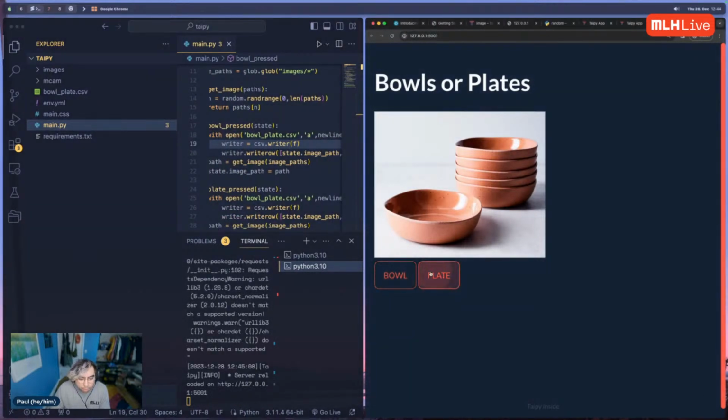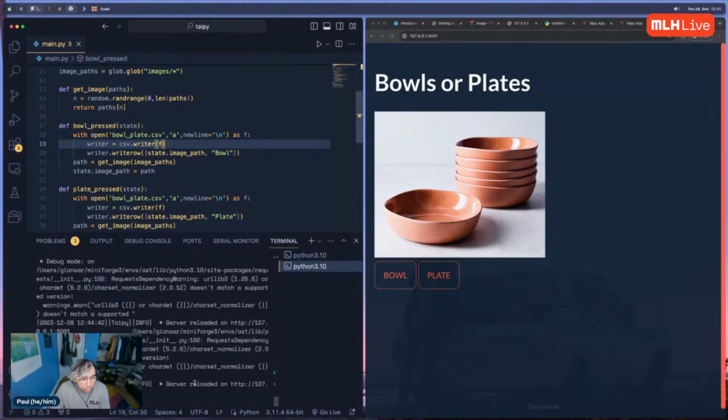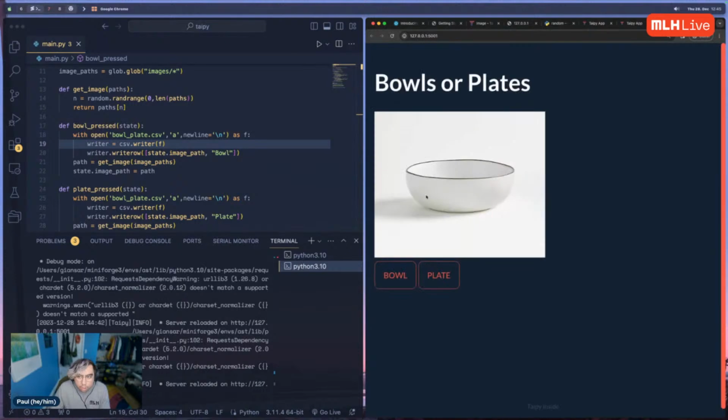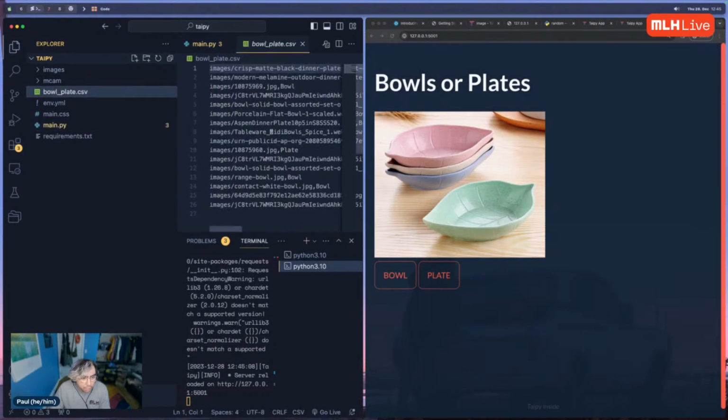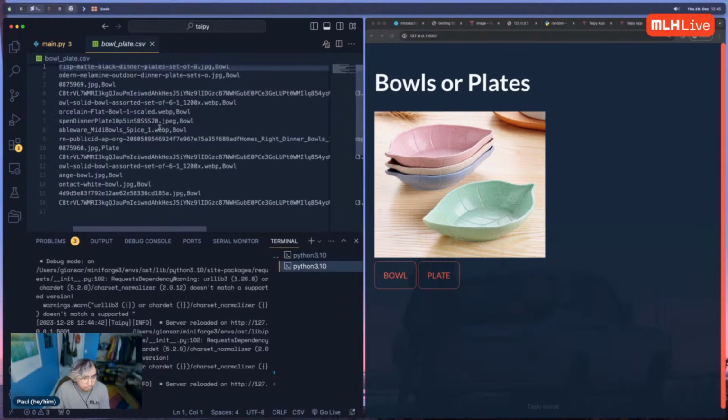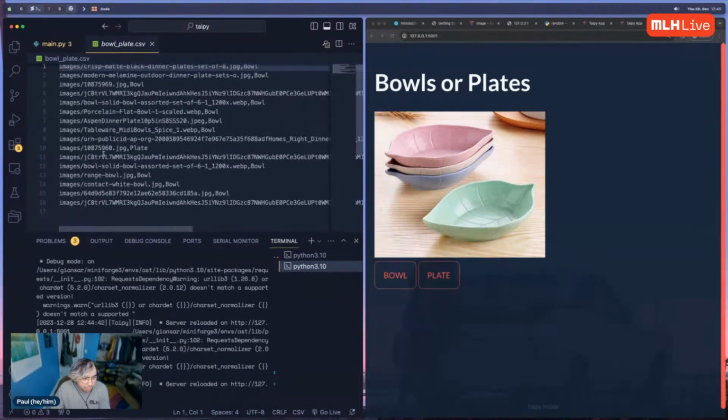Bowl. Bowl. There we go. That does it now. So now we have our CSV where we have the file name and the bowl, in plates,